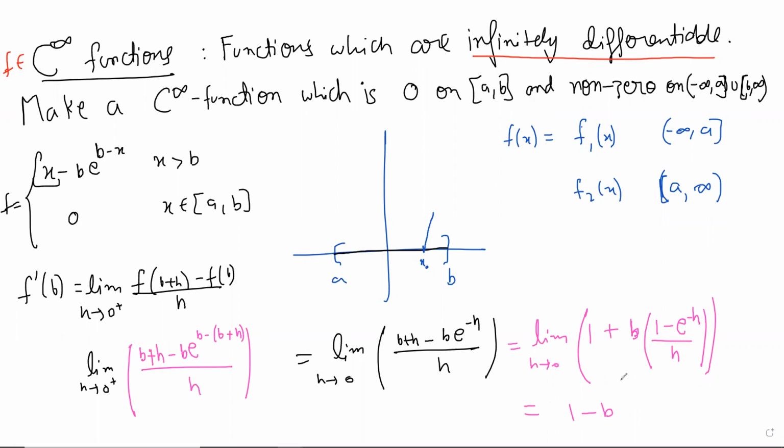Okay, so the right derivative is 1 minus b. Yeah, 1 minus b. But yeah, but that's right. But this is 1 minus b because that's what we're getting. Or no, there is a minus h, right? That's why you're saying. Yeah. Okay. Right. But the problem is that this is the right derivative, but the left derivative will